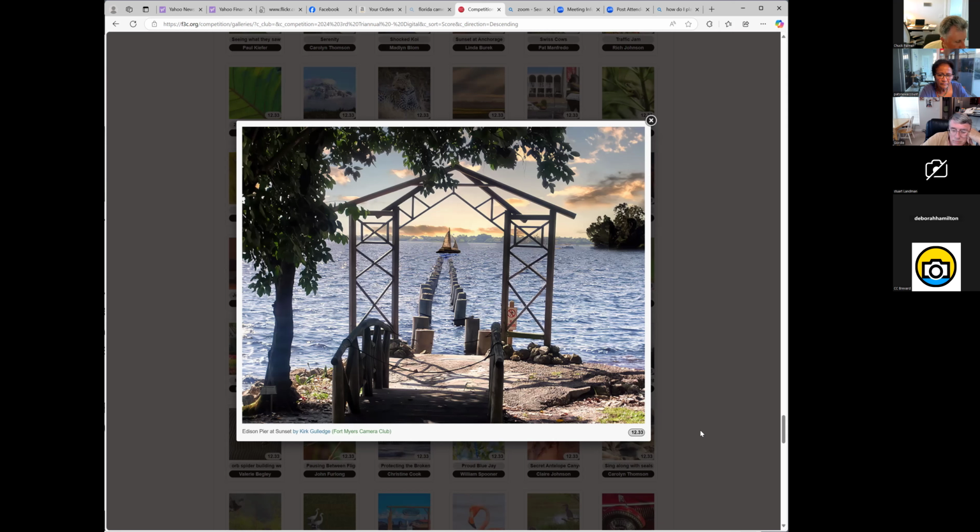But there's the main subject here, I would guess the judges are going to question what is it? It's probably that the idea of the photographer was the boat and the pier, the pilings or whatever you want to call it. But it's so far away and it's dead center, and then I don't know why they scored it 12.33, but there's probably a lot not going on with this image as compared to the others.